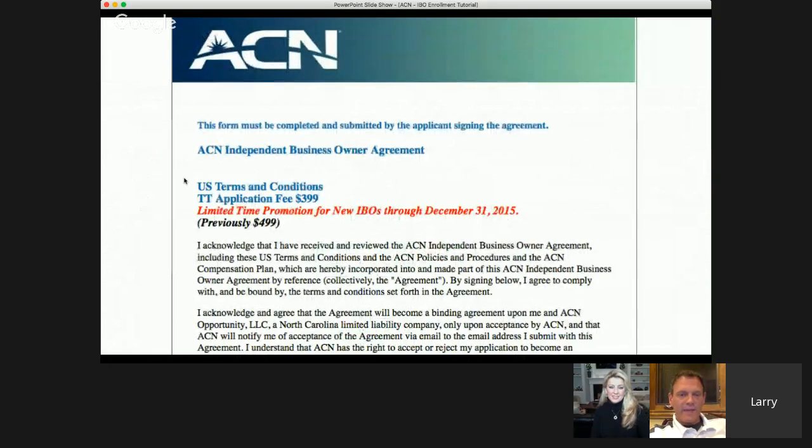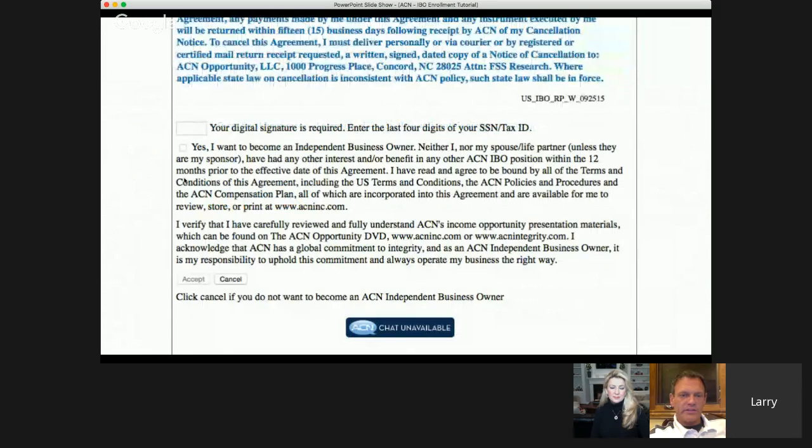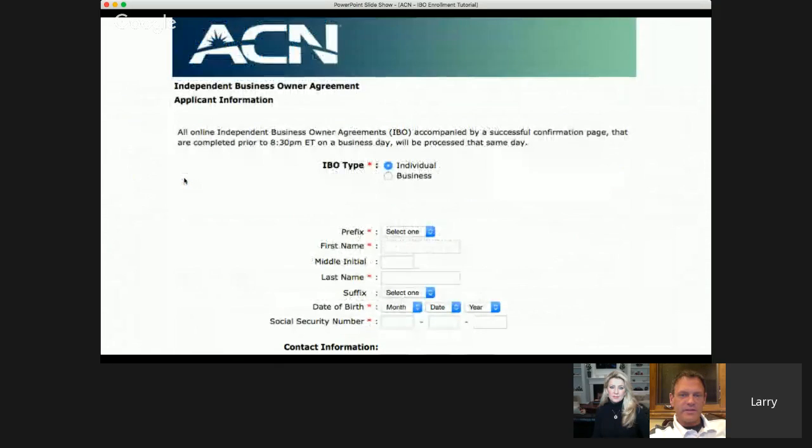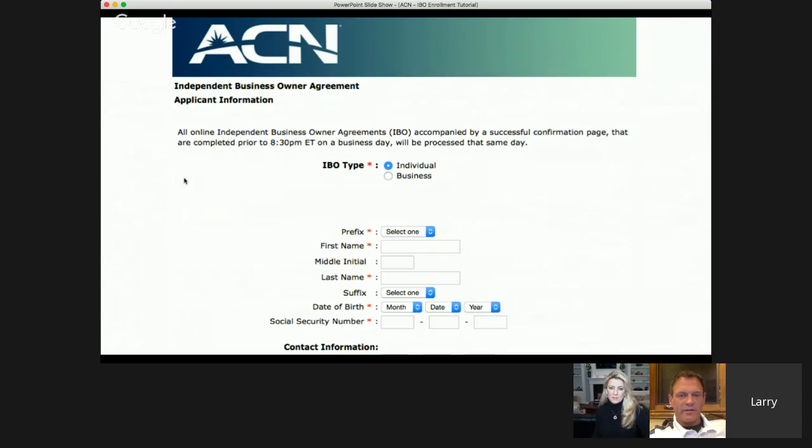It's going to take you right to the application. You're going to scroll to the bottom of the application, where you need to put in your digital signature, which is the last 4 digits of your social security number. It's important you put the matching correct ones in there, because when you get inside to sign up as a rep, those have to match. Then you check the yes box and press accept to the terms. Then it's a really basic application: name, address, phone number. Guys, if you check the business box up at the top instead of individual, it will allow you to sign up, but there's a little bit of paperwork you need to pass on to ACN later. They'll send you an email to verify your EIN number.